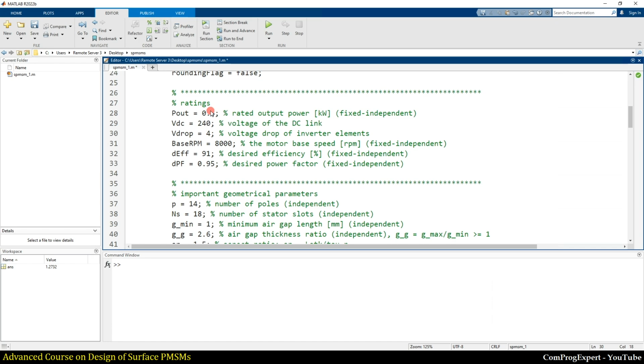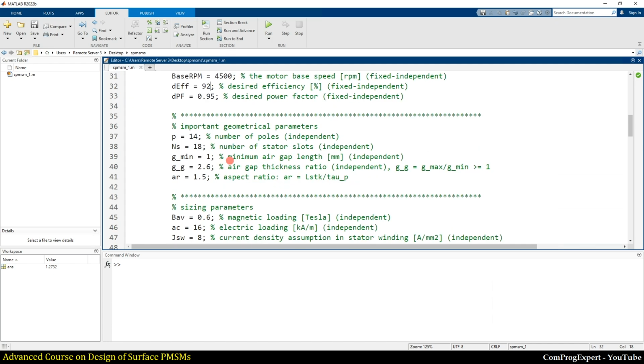We need to consider a voltage drop for inverter elements. The base RPM is 4,500 RPM. The desired efficiency, 92. And also we have a parameter, desired power factor. We can adjust this parameter and make it as high as possible.